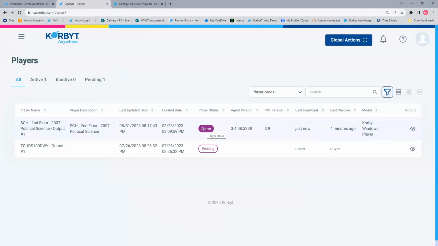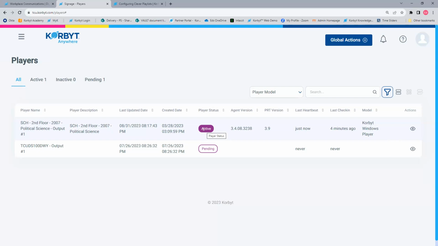Could be it's been powered off, unplugged, and put in a closet someplace because it was misbehaving and you're reaching out to your IT group. Could be that someone unplugged the Ethernet cable because they thought they needed it more than the media player. Whatever the case may be, all we know is the player is not talking to the service. That's what inactive means. It means it's not getting updates on what it should and shouldn't show.